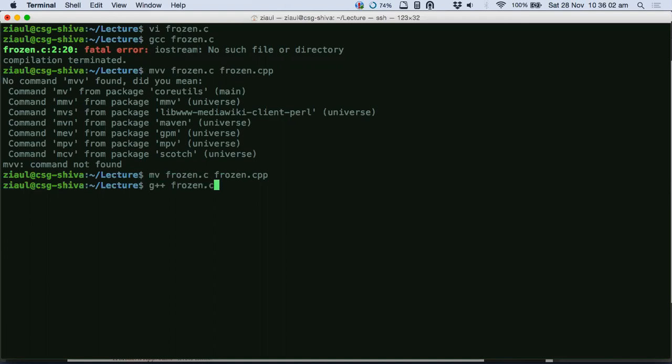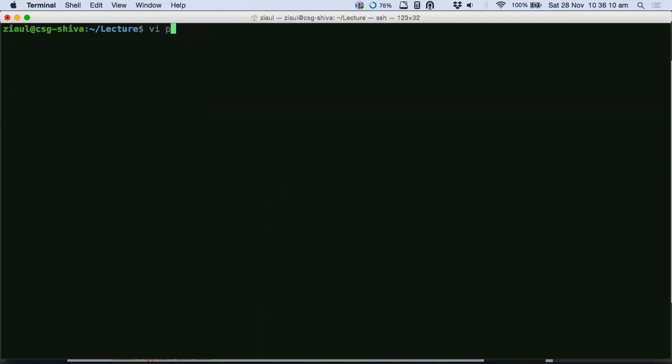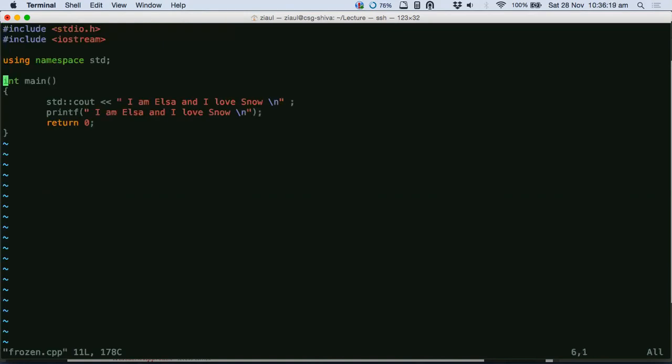This is the C++ compiler. G++ is the C++ compiler. So it compiles nicely. So printf, which is a C command, can also be compiled in C++, because I told you C++ is the bigger brother of C. Whatever is there in C is in C++ also, but whatever is in C++ is not there in C. So just remember this. That's why when I have the CPP extension, both printf and cout work. But if I have the C extension, only printf works, because that is part of C, not C++. Subset, yes. Is this point clear, guys?